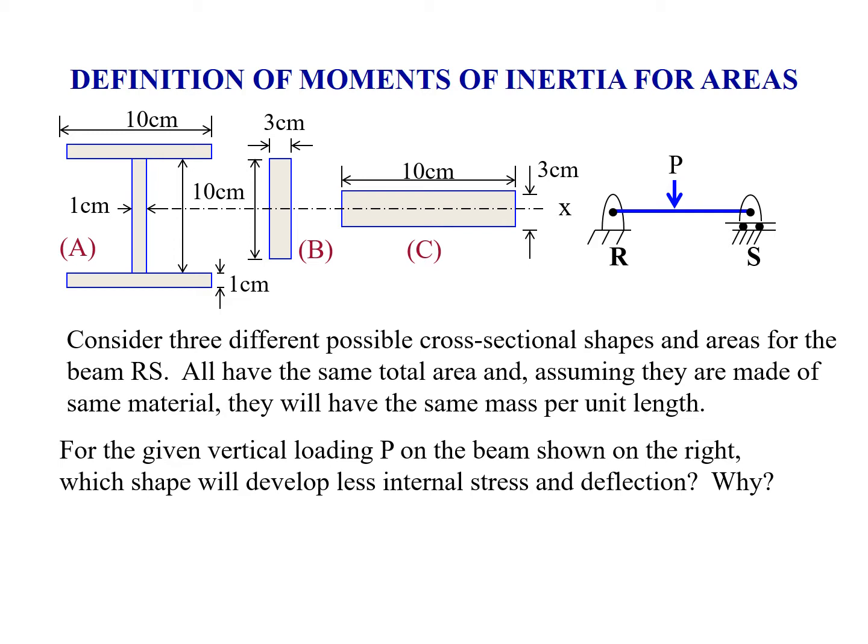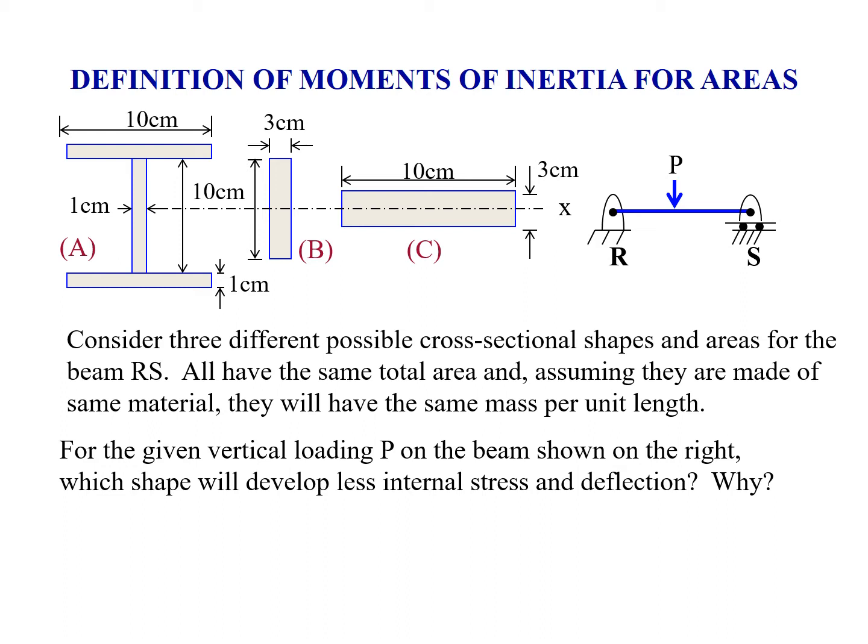For the given vertical loading P on the beam shown on the right, which shape would develop less internal stress and deflection, and why? Well, the answer is the one on the left will have the least amount of deflection, and the reason why is because a lot of its area is moved away from the centroid. You see the line right through the center of the beam. You see an awful lot of the area in that beam is relatively far from that line